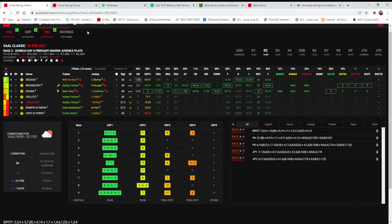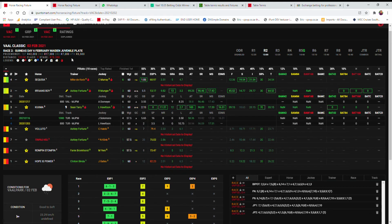Moving on, bipot second leg, 2, 3, and 4. My first choice is Irfan's Boy. Second choice, Kuma. And my third choice, Sequoia. Ashley Fortune has Irfan's Boy. 800 meters Vaal was in the yielding conditions. He now gets